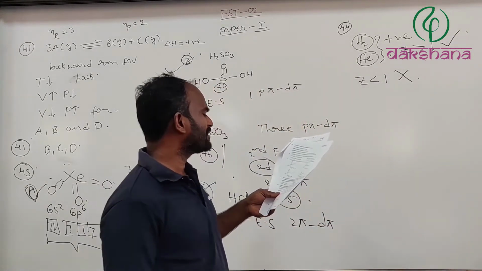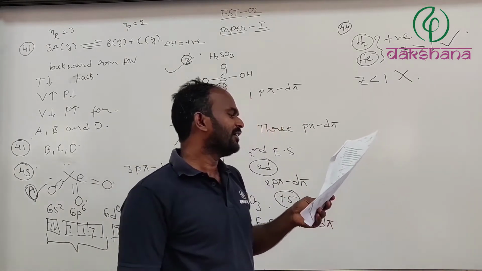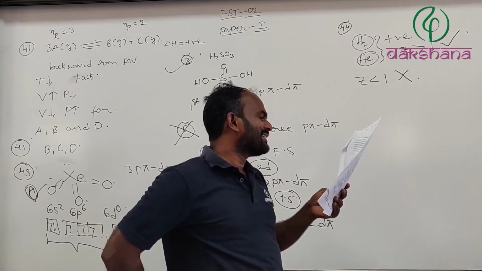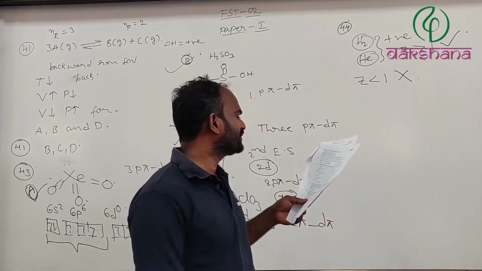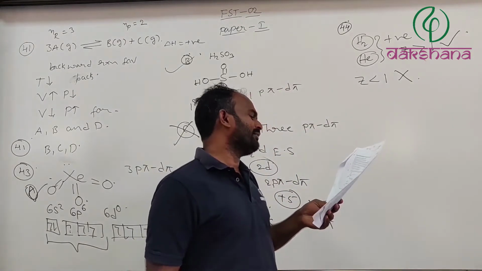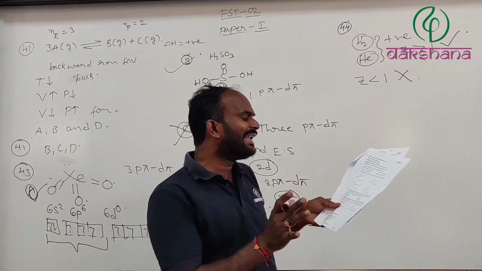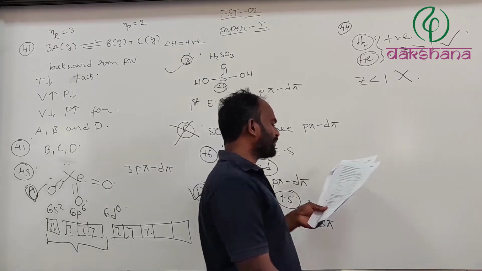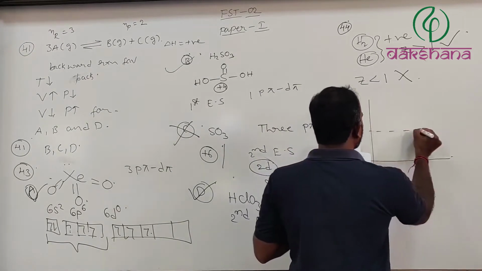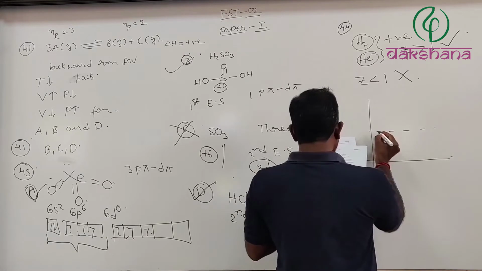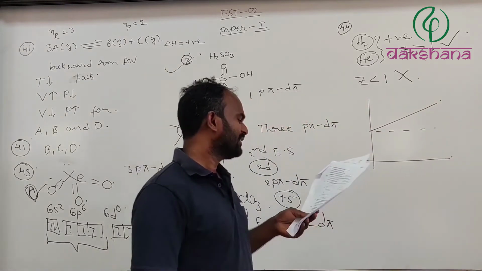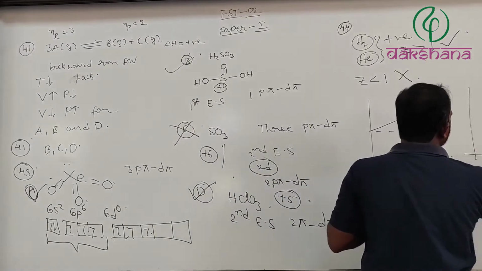Therefore, in the given graphs, which among the following are incorrect? That is going to be A, B as well as D, because a real gas behaves a little ideal, not every time ideal. A is going to be a little wrong, because over a range of pressure, initially it may tend to behave like an ideal gas, but here this is going to be wrong, and this is also wrong, because